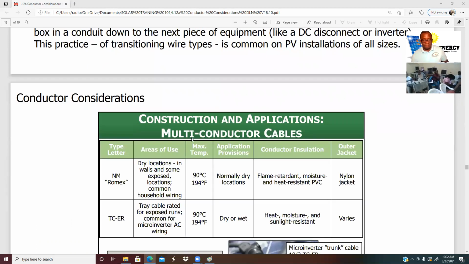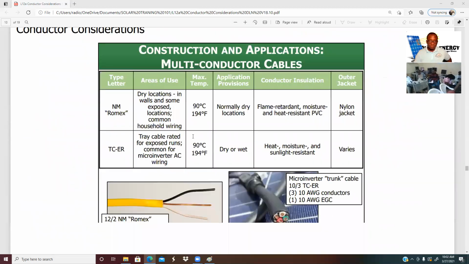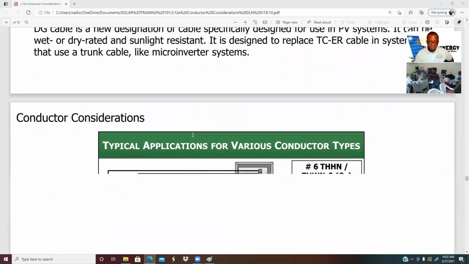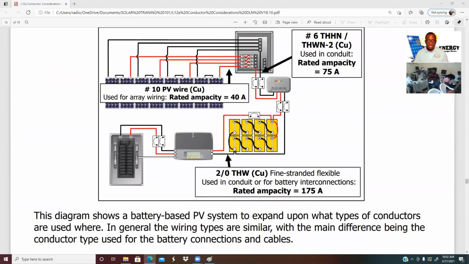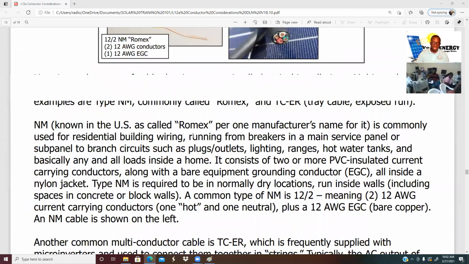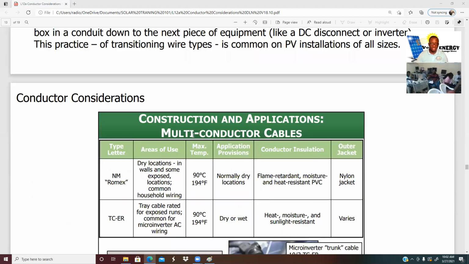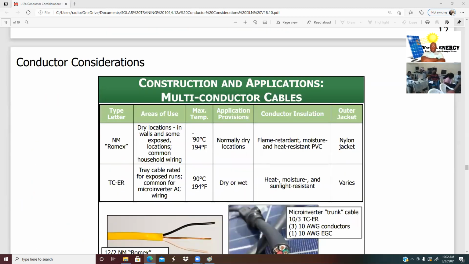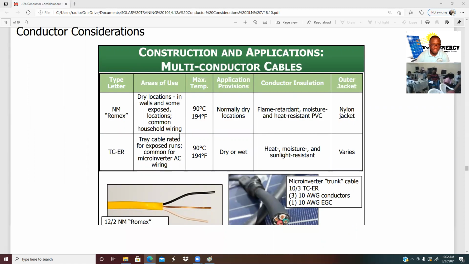Let's see right here. All right, we'll come to that chart later. So that's a sweet part right there. They got a graphical illustration of conductor and application, multi-conductor cables. So they're saying here,